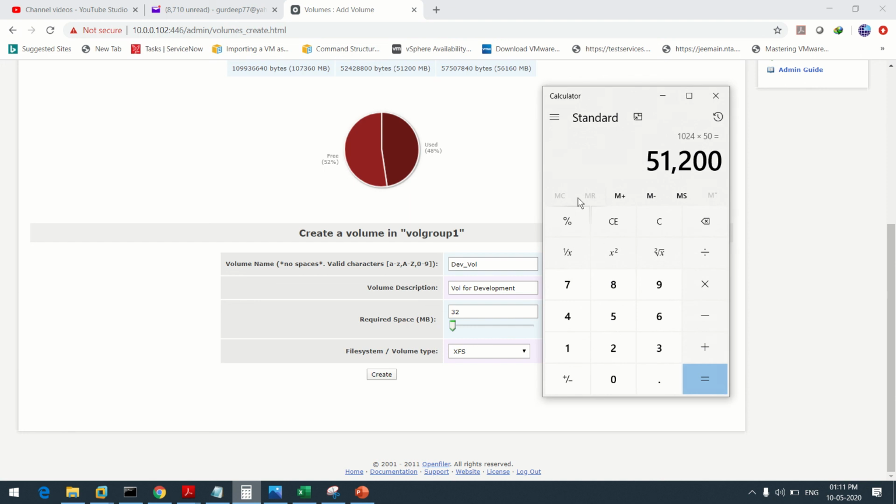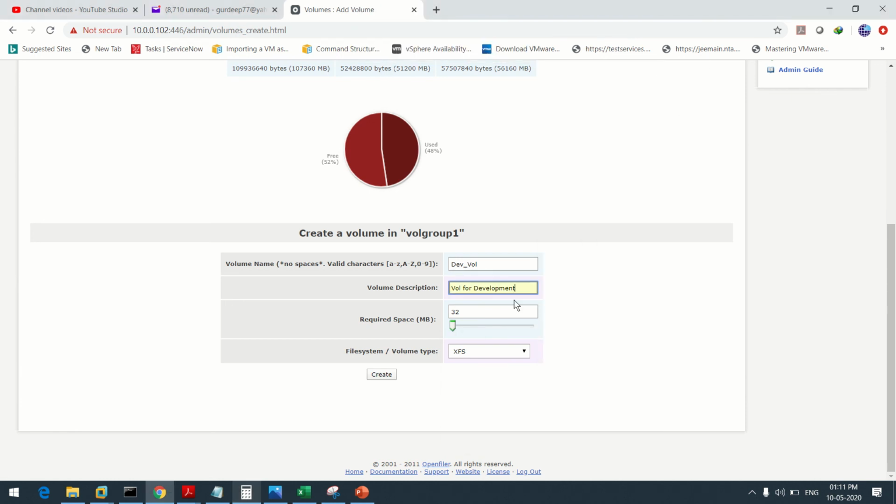Use the calculator. Just put 1024 means 1 GB, multiply by 30. So it is 30 720. Block size. Now create.